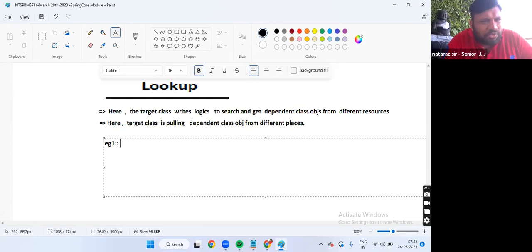So tell me, guys, the student is searching and getting material from Naresh IT or any other institute by making multiple requests. Don't you think it is a dependency lookup, guys?